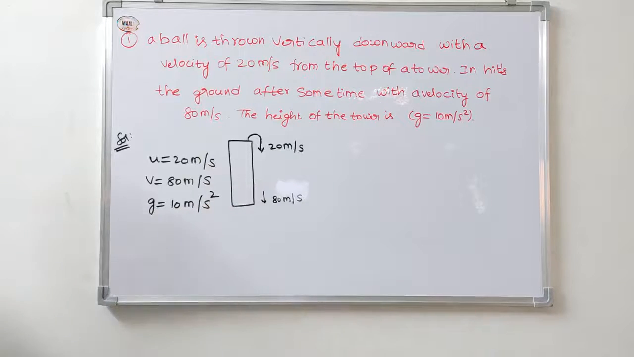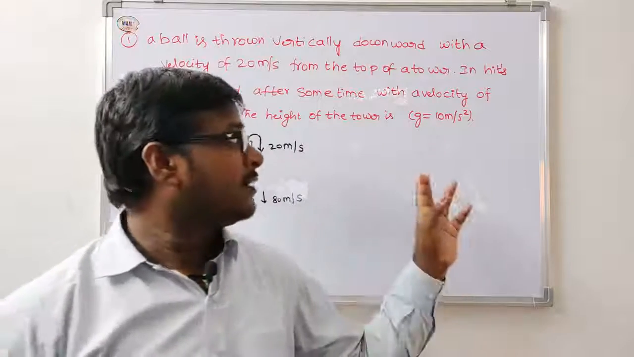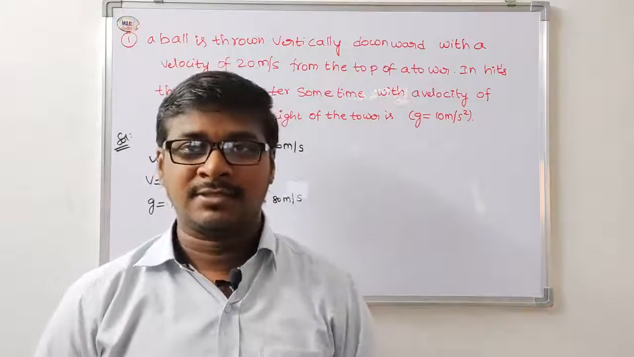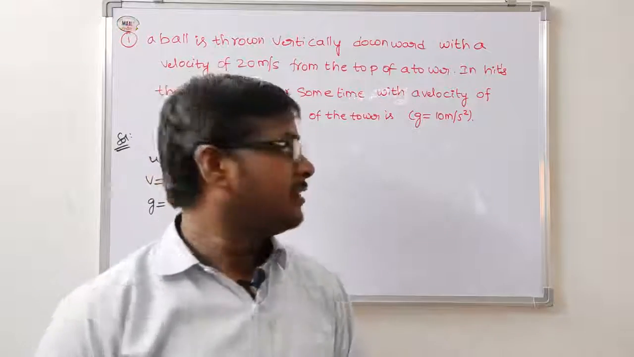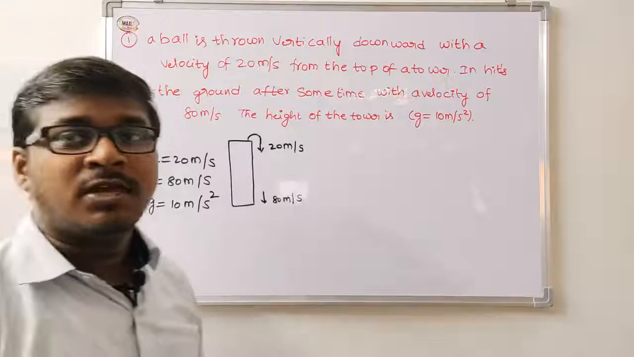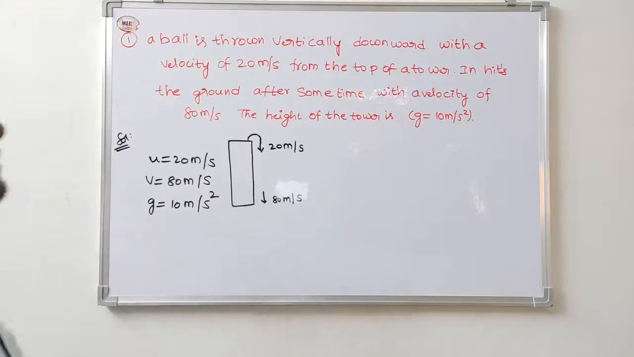Actually g is equal to 9.8 meter per second square, but in problems asking to take g value 10 meter per second square, it's very important. The acceleration due to gravity is denoted by the symbol g. g is equal to 10 meter per second square. According to the kinematics third equation,